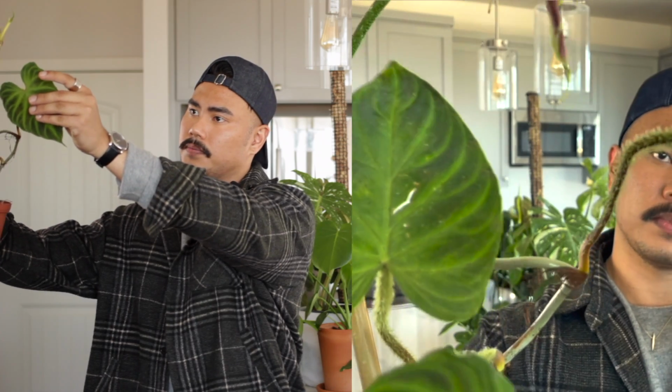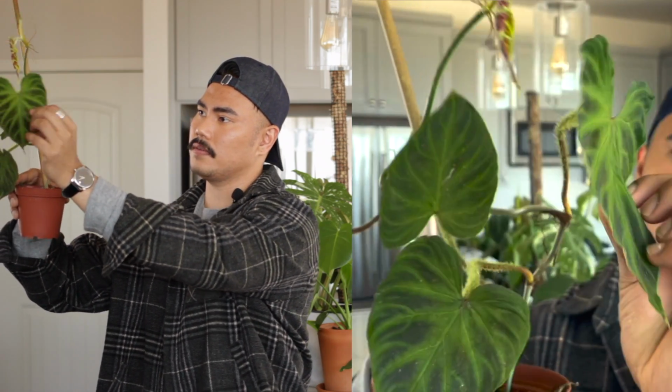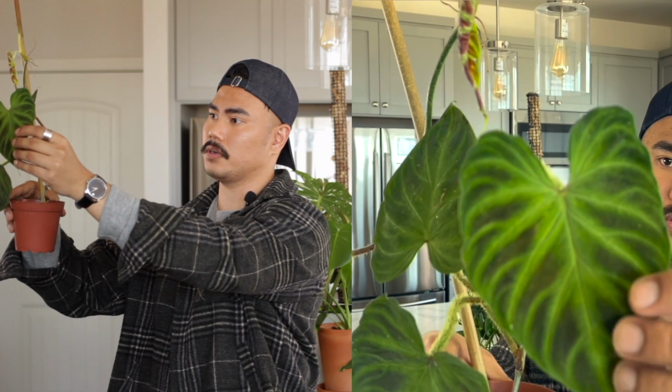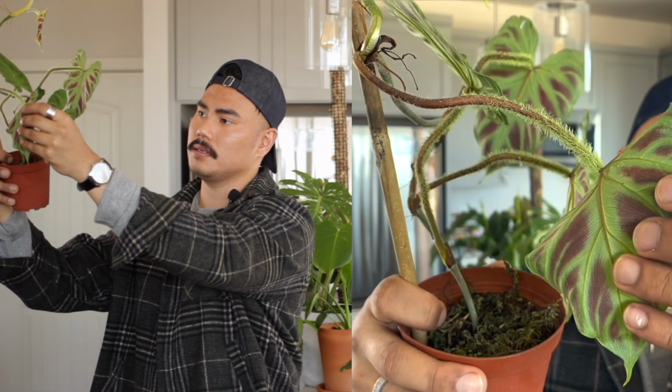Again, it's got furry petioles. It's got the front of the leaf that's got these striking markings, which will differ depending on which verrucosum plant you have. And then the back of the leaves are red. So that's very gorgeous. I've got a hybrid of this, verrucosum and melanochrysum, which is really beautiful. It's called